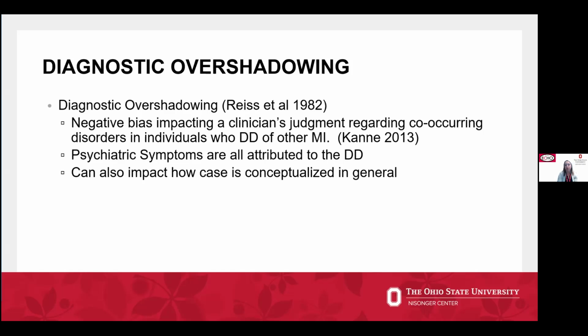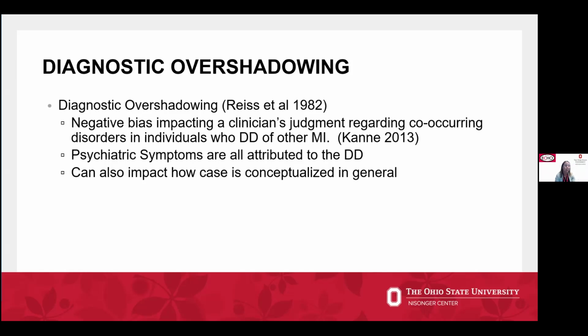So it's this thought that, well, if someone doesn't have interest in things and is sleeping all of the time, well, that's probably just because they're an adult with disabilities and they're not in school anymore. No, that's not accurate. The person doesn't just engage in self-injurious behavior because they have an intellectual disability. It's because of a co-occurring mental health condition. But what often happens is that those psychiatric symptoms are just lumped in with the developmental disability.